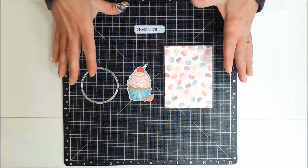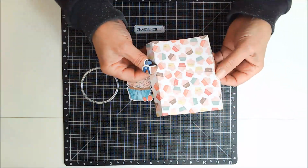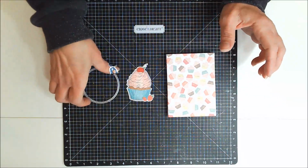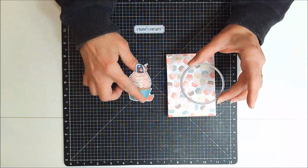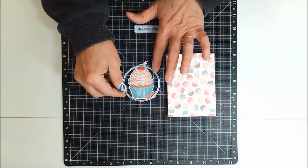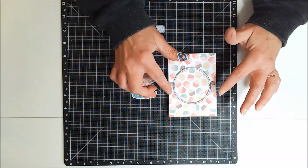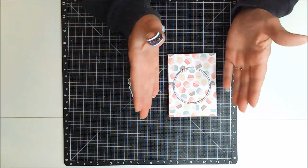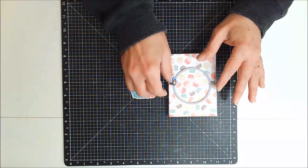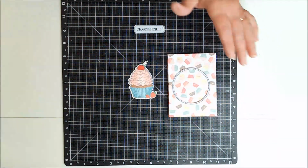So let's move on. Next, you need to create an opening or an aperture in this piece, the piece that had the two edges that we scored and folded. And you want your opening to be big enough that your other image is going to show through. And I think this is going to work just fine, because you don't want your opening here to be so large that it affects the sturdiness of this piece. So we don't want to compromise that in any way. So I think this is just the right size, and I'm going to go die cut that from that piece